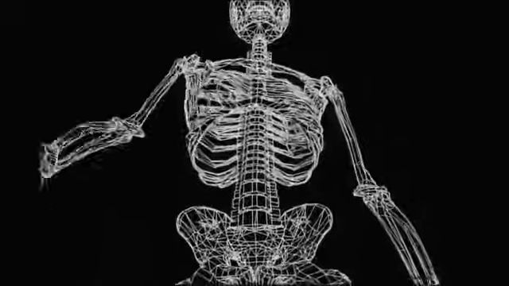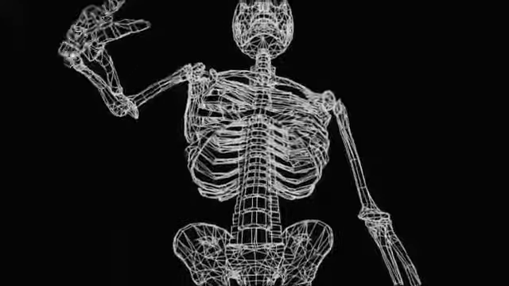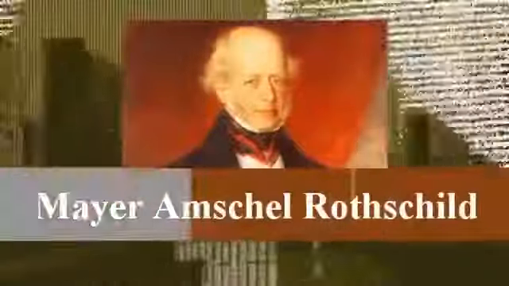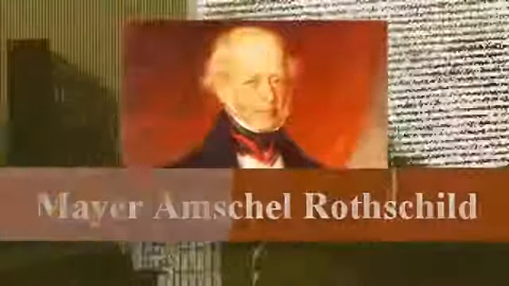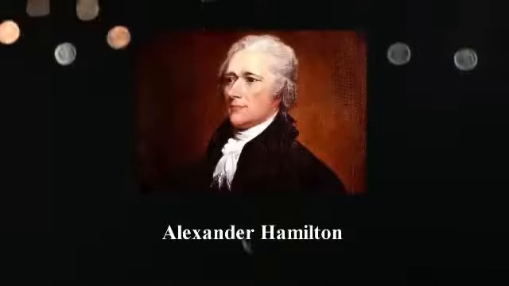So the revolution was over, the United States was born, but the private bankers are nothing if not dedicated to their schemes to acquire other people's wealth, and they knew full well how easy it is to corrupt a nation's leaders. Now, just 1 year after Mayer Amschel Rothschild had uttered his infamous, "Let me issue and control the nation's money, and I care not who makes the laws," private bankers succeeded in setting up a new private central bank called the First Bank of the United States, largely through the efforts of the Rothschilds' chief supporter in the United States, Alexander Hamilton. Now, this First Bank of the United States was founded in 1791,